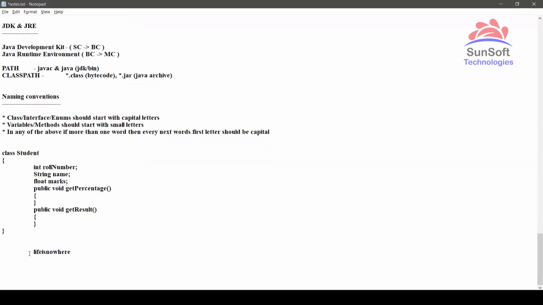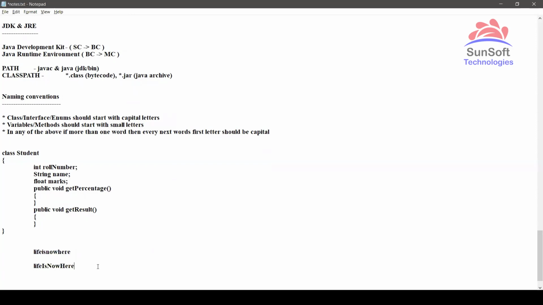But yeah, so now see, as I can show you here, this thing has two different meanings. Now what if I don't follow any naming standards? There might be many words like "impossible" and "I am possible", and likewise many other words. Now if I follow the convention, for example if it is a variable, then I can say "life is now here". Now see, when I declare it like this, there is no confusion.